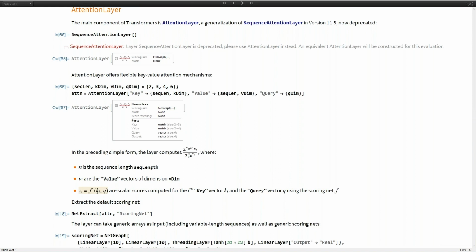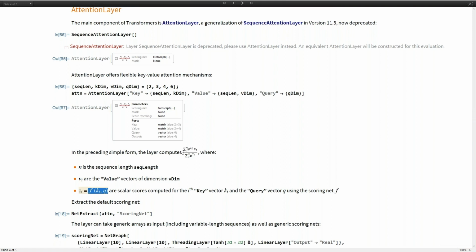So this layer basically computes all the possible scalar scores between all the keys and the queries, and constructs a weighted average of the value vectors out of that. This is useful in many sequence-related applications. And one thing I should mention,